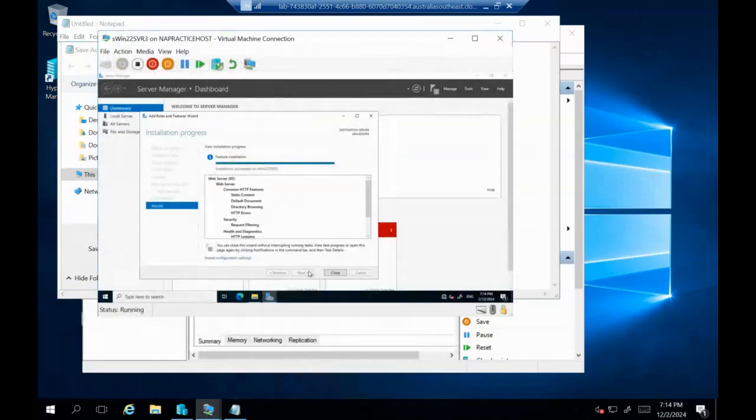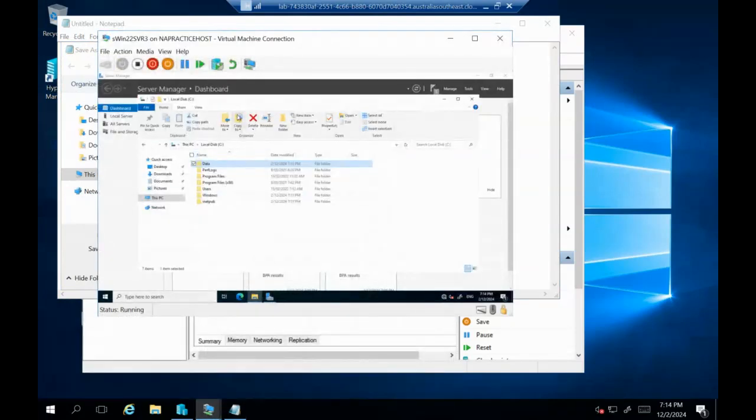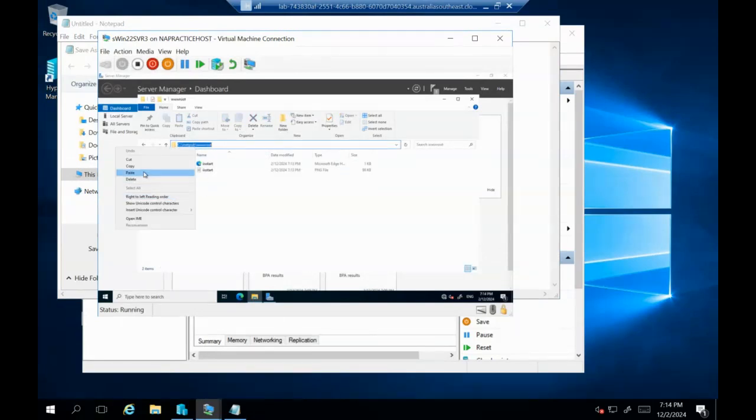How's that going? Oh, that looks good. That's created it. So we'll put that in the www root folder. So this is our default. So when we type the IP address or the name of the server in a web browser, whatever's in here,